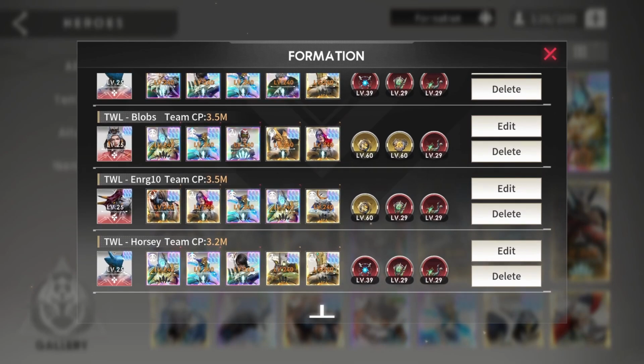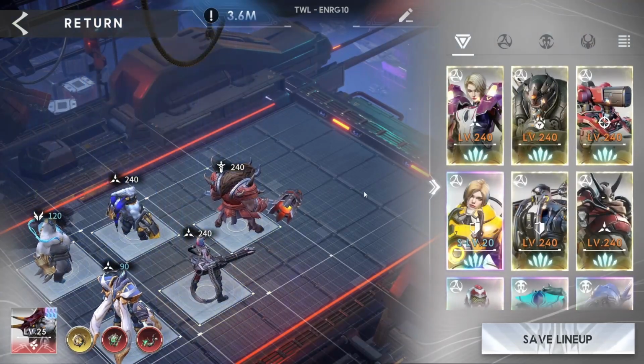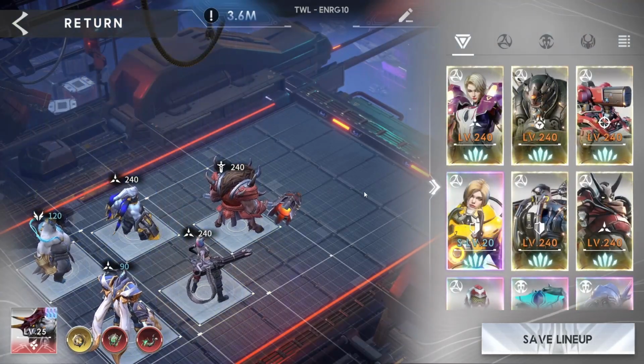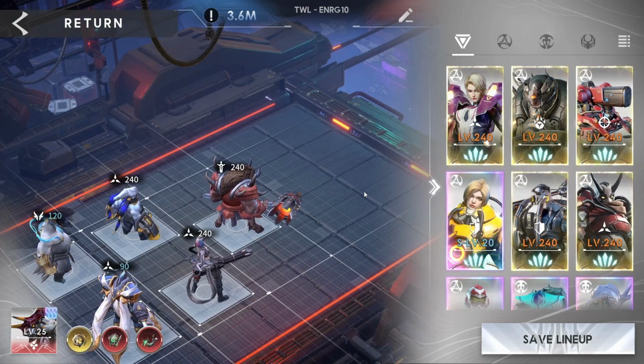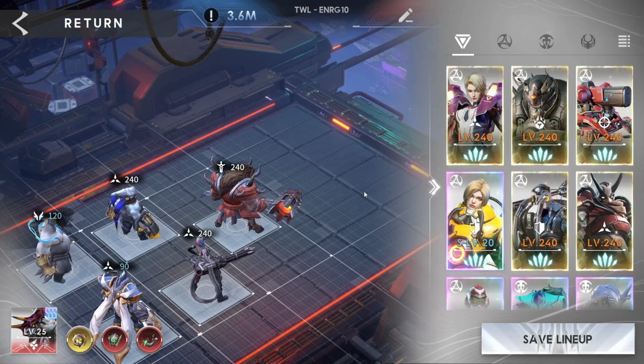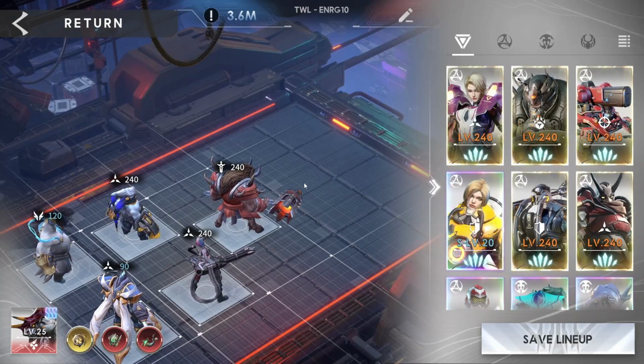All right, we'll talk about, let's see, blobs, energy 10. This was my team for the 10th stage of pretty much all the battles that were the energy bosses. Sorry, all the chapters that had energy bosses. I have Crete here from the previous